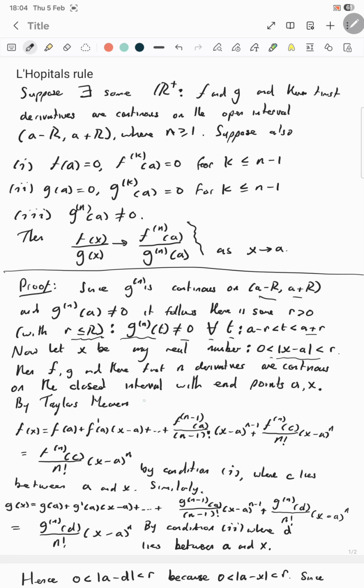Then f, g and their first n derivatives are continuous on the closed interval with endpoints a and x. Now by Taylor's theorem we get this property here. Now by condition 1, the first one here, where c lies between a and x, similarly g of x by condition 2 here,